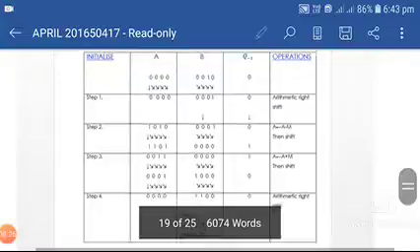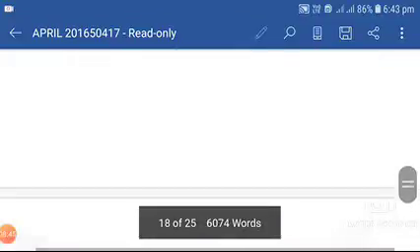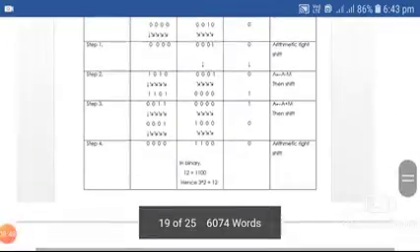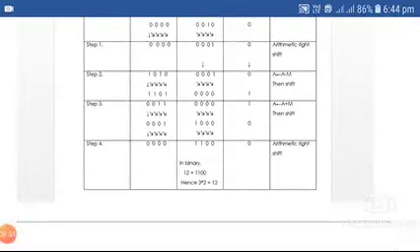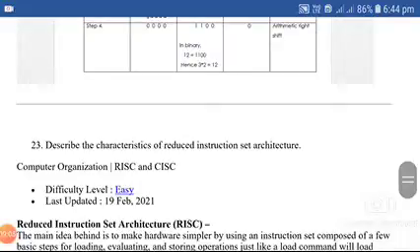So in this diagram, what we are doing here is, in the first state we are initializing all the registers to 0, and in step 1 an arithmetic right shift is performed. In step 2, A = A minus M, then we are shifting, and in step 3, A = A plus M, then shift, and as the last step an arithmetic right shift. Finally we get the result that 6 into 2 is 12, equal to 1100. Hence we get the answer of 6 into 2 using the Booth multiplication algorithm.